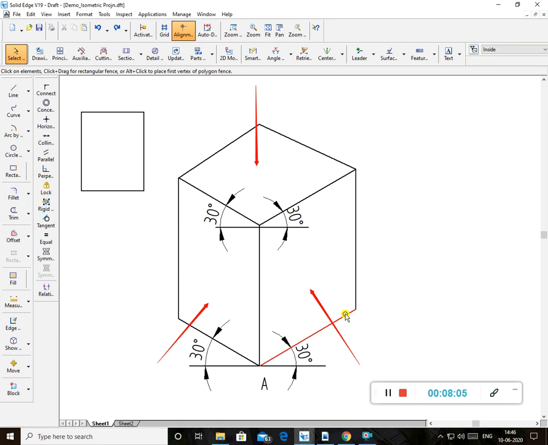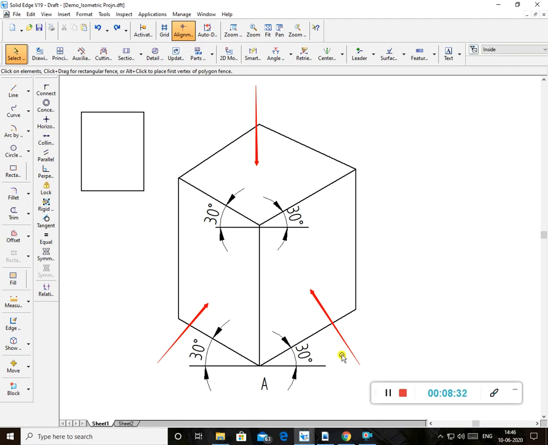That's what I explained in the previous video. So this length, suppose this is 30. It is reduced by some amount. How much? I told you about the isometric scale I drew in the previous video. What is the isometric scale? It is 0.816 times. Suppose the length of any line is 10 mm. If I multiply it by 0.816, the value I get is 8.16. That is the isometric value.